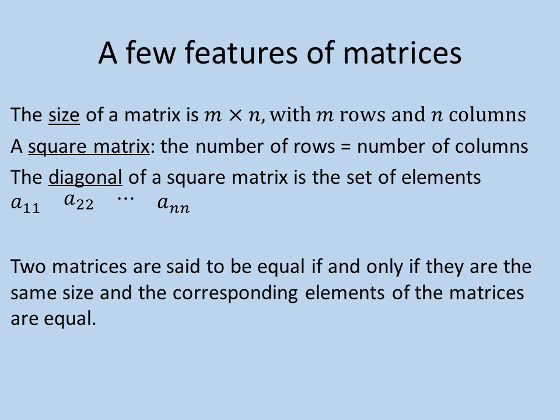The size of a matrix might be described as m by n, where m is the number of rows and n, the second of those, is the number of columns. A square matrix has the condition where the number of rows is equal to the number of columns. If you're looking at the diagonal of a square matrix, then you're looking at the terms A11, A22, all the way to Ann of an n by n square matrix. And so that will often be the focus when we get to more advanced